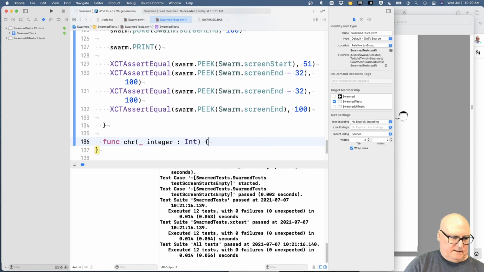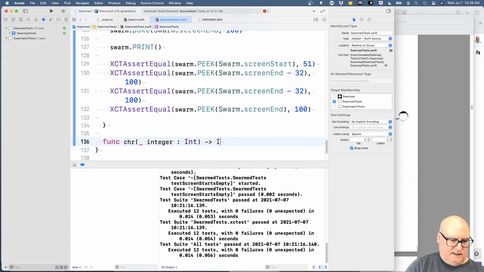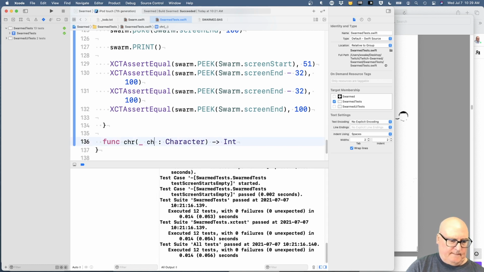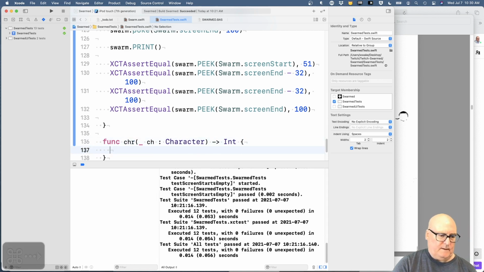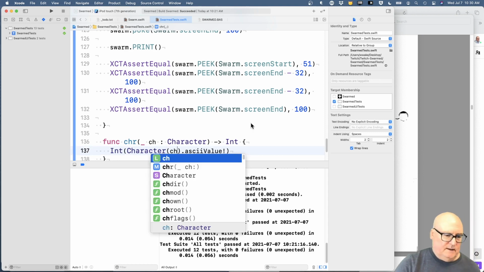I'll just say int, and it returns a character. No, it doesn't. It returns, I guess the deal is it returns an int. That's kind of what I want to do. Convert a character. Int of ch.asciiValue. Okay, so